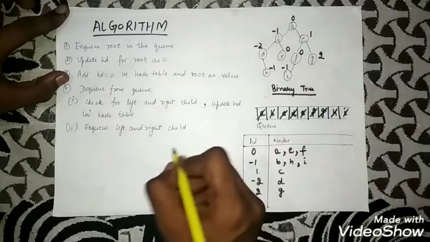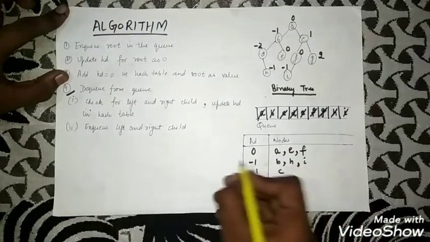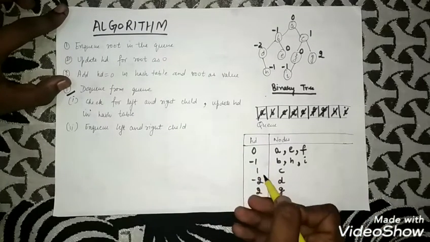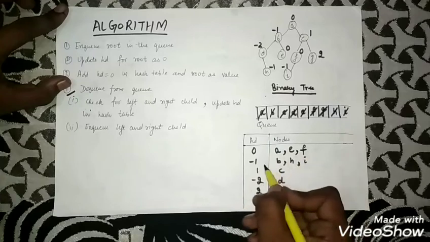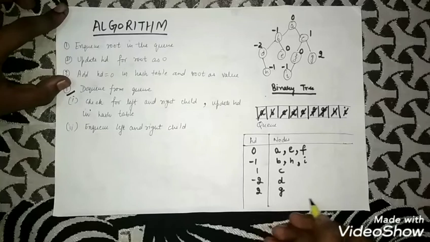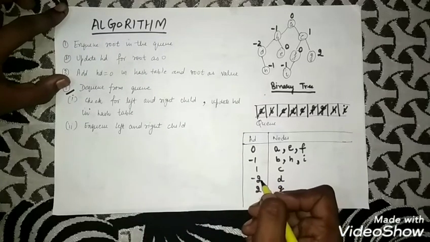So the queue is empty at this point, and the fourth step loop will end here, so we'll exit from the queue. Now our hash table is ready. For these horizontal distances, which are 0, -1, 1, -2 and 2, we have corresponding nodes which have these horizontal distances. So this is an algorithm for finding the vertical order traversal of a binary tree.